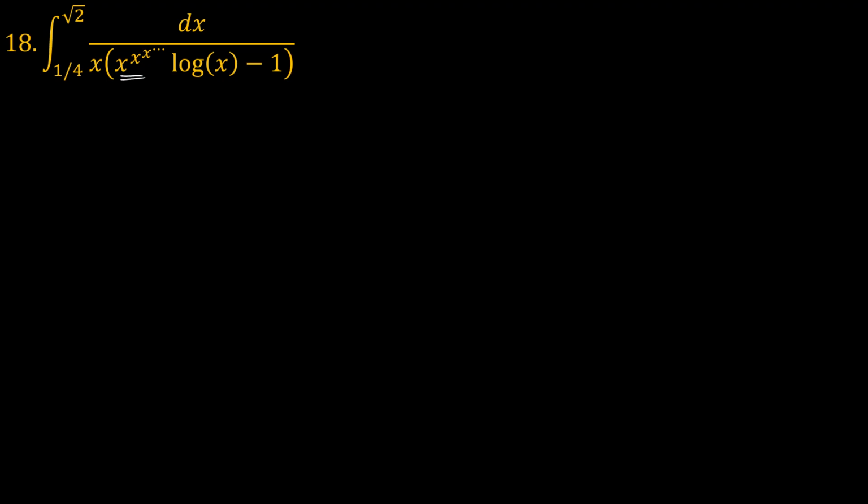So problem number 18 is actually a very interesting problem, and let's see how we may be able to solve it. It's the definite integral from x equals a quarter to the square root of 2 of 1 over x, open bracket, x to the power x to the power x and so on, times natural logarithm of x minus 1. So I would say let u be equal to x to the power x to the power x and so on,